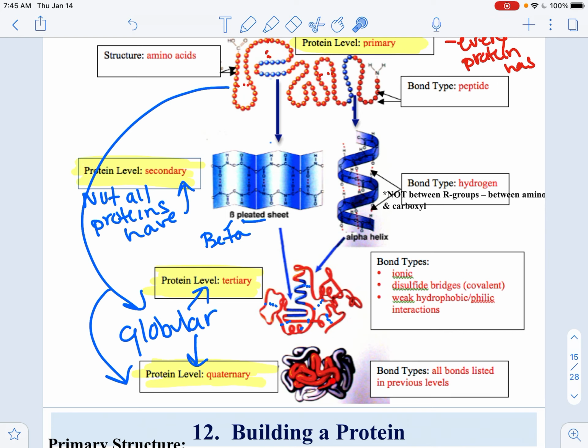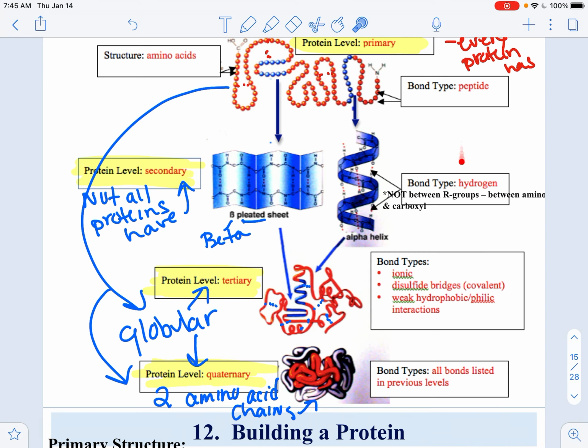And then quaternary structure is the same as tertiary. It's just that there are two amino acid chains. You can see a red chain and a white chain, indicating I have two polypeptide chains of amino acids, and they folded up into the shape. A tertiary only has one